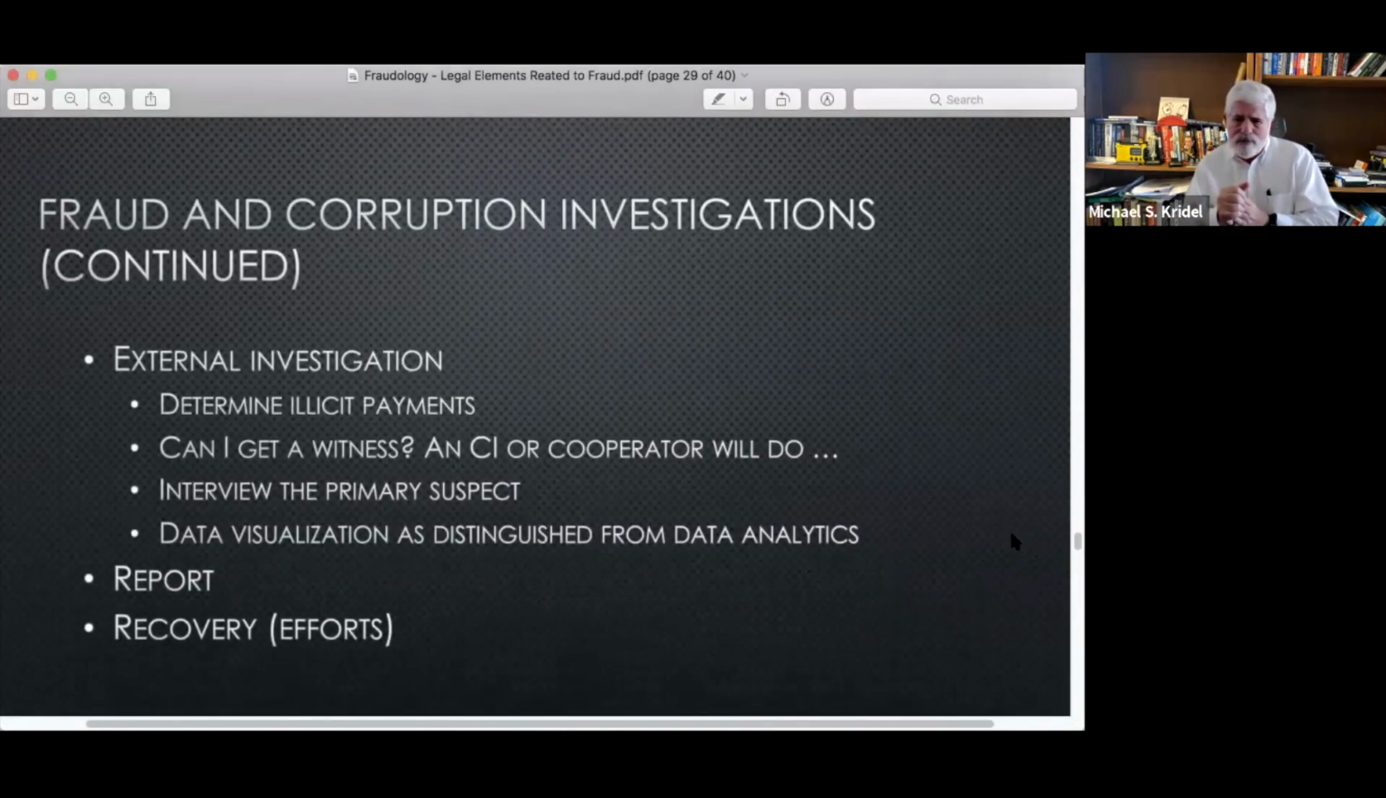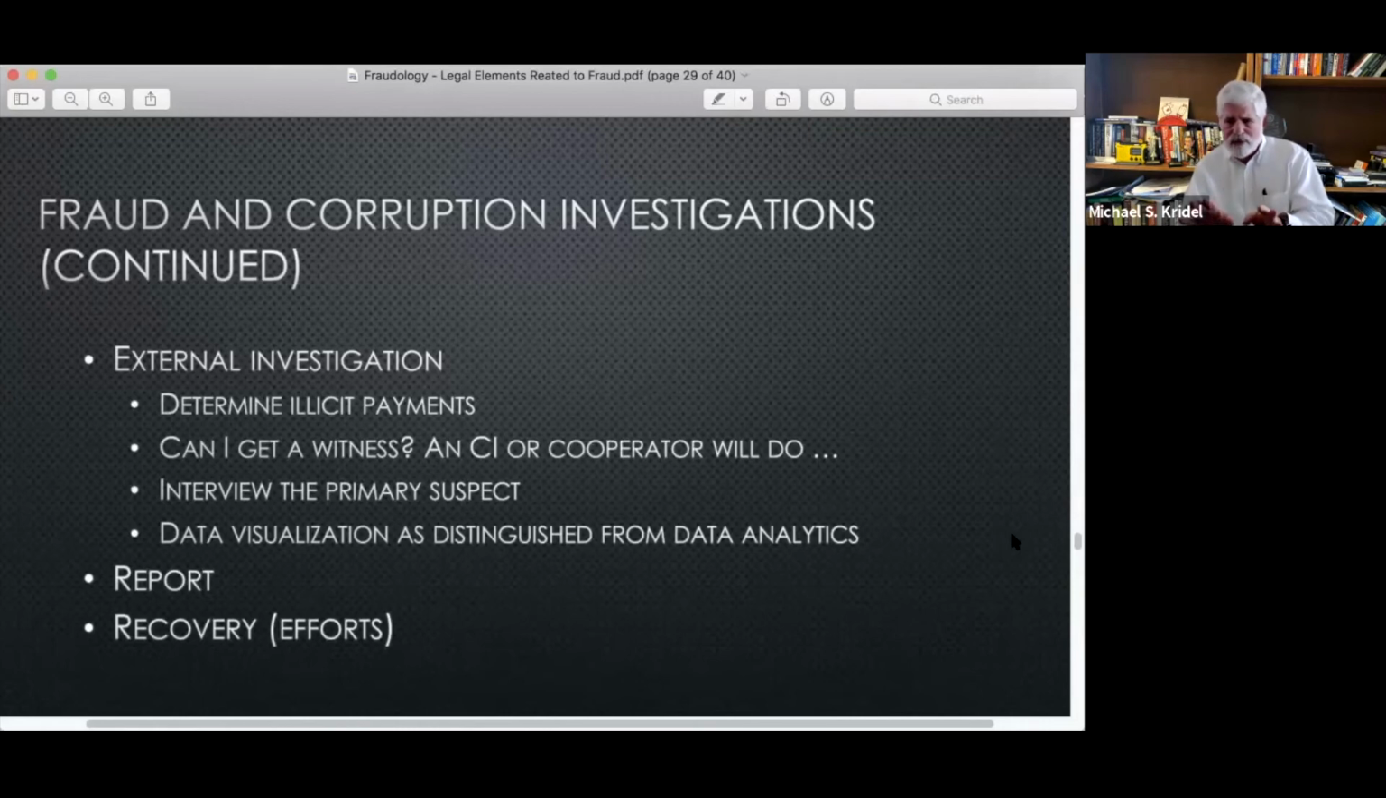Continuing with investigations, an external investigation will determine illicit payments. Can I get a witness? There are two types of witnesses, especially for internal investigations. There can be a confidential informant or a cooperator. The difference in the two terms is a confidential informant is someone who has entered into an agreement with an investigator to provide information